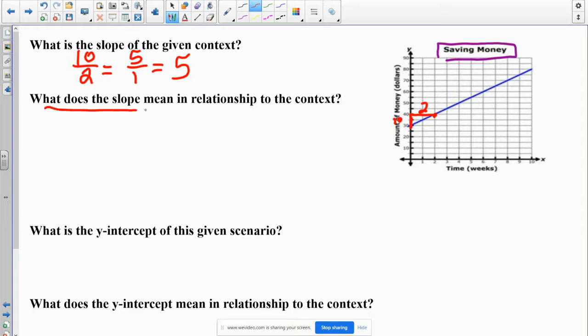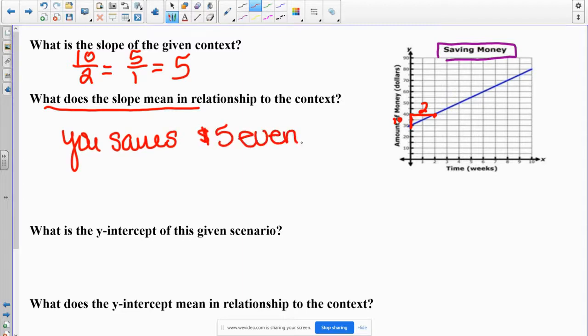And then what does the slope mean? So this is where your sentence comes in here. So my rise was $10, and then I reduced it to 5. So it looks like we are saving, or whoever saves $5 every week. Again, when you're giving that meaning, I want it in a sentence. You can make up a story if it's George or whoever you want. Saves, and I'm going to look for that word every or per or each,